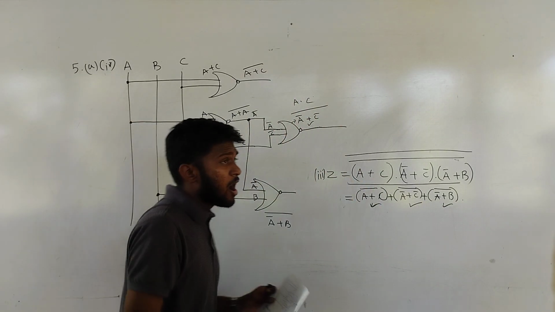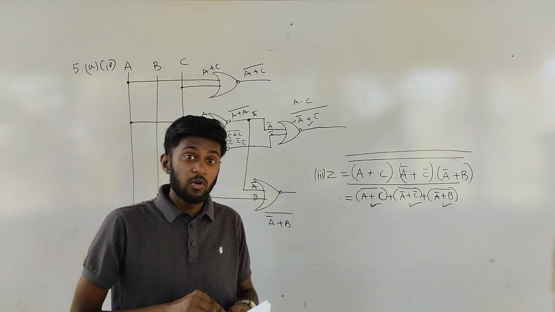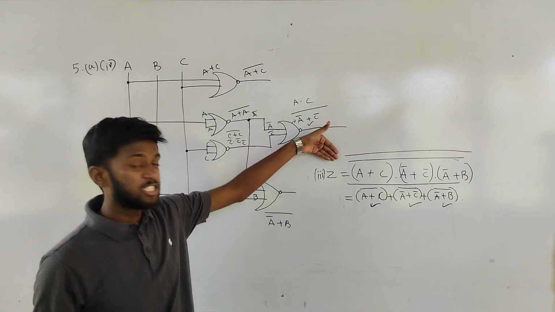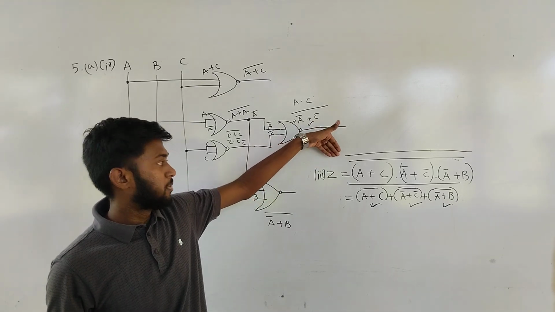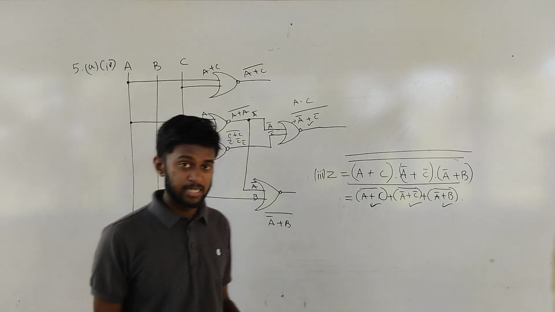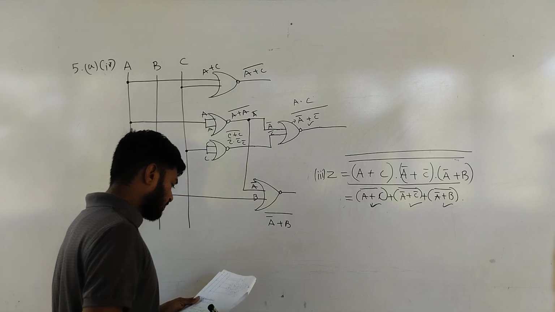So if you are wondering how to draw the logic circuit using NOR gates at the final examination, you can use the strategy or the tip that you have now learned to handle the same kind of question, right? Then